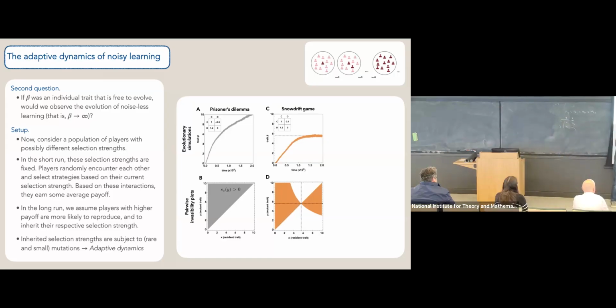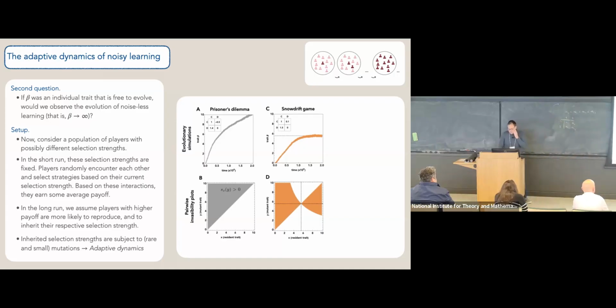Perhaps if you've never seen this before, this might be surprising. But after what I've told you before, this might not be surprising anymore. Here, you don't observe that beta is increasing and increasing. Rather, it converges to some finite value. So here, there is a finite ESS. In the end, everyone will have a finite selection strength. And so in particular, there will be some noise in your learning.